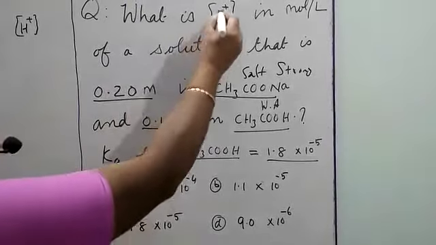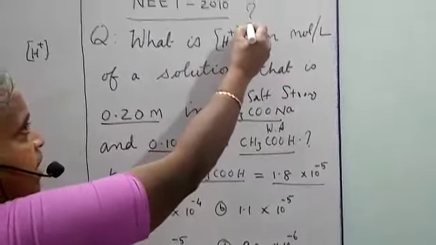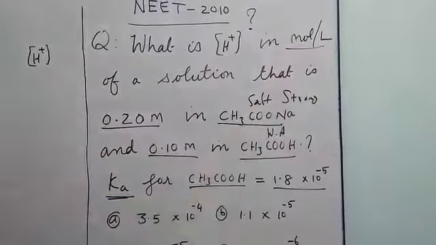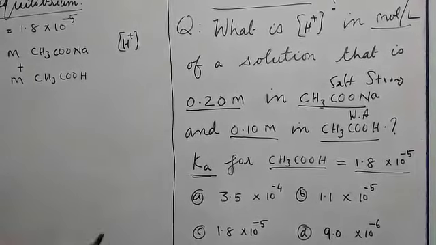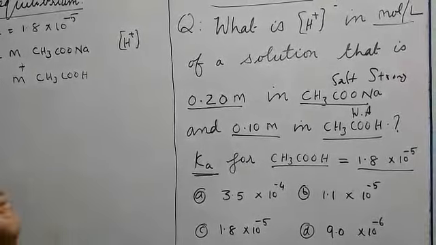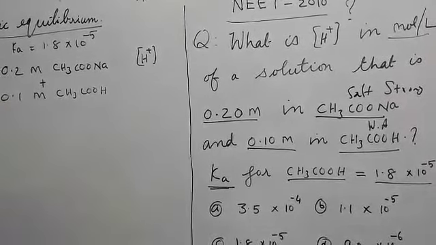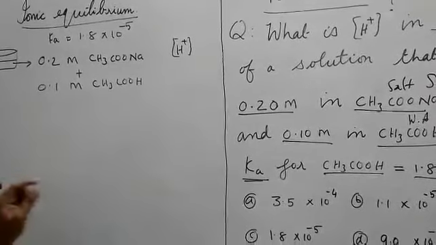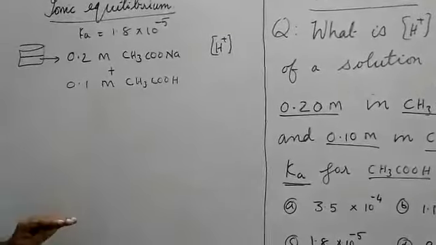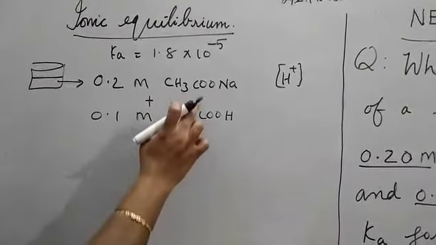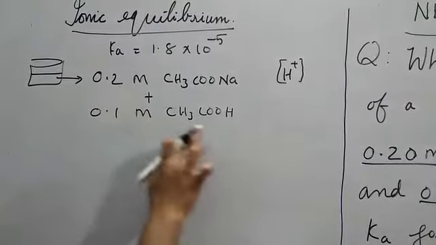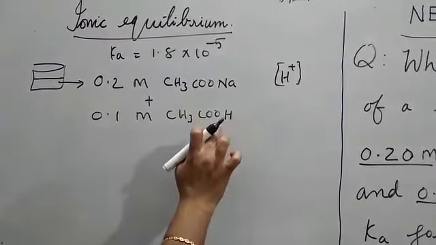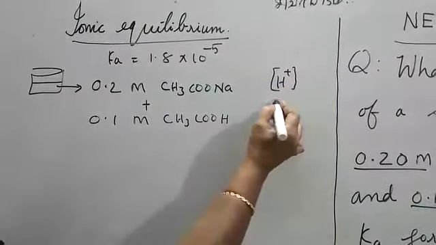What they are asking is the concentration of hydrogen ion in moles per liter, that is, in molarity. What formula should you not take? You should not take the Henderson formula. I will explain why afterwards. Now we have to go in another direction. A container contains two chemicals with their concentrations; volume is not given. Both acetate and acetic acid concentrations and Ka are given, and they are asking for this.